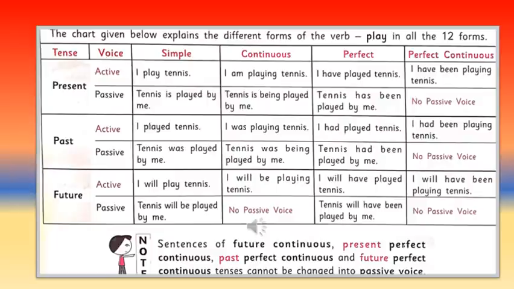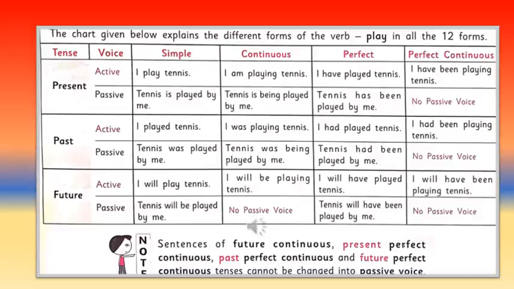Okay, to understand the tense in a better and suitable way, we will have to use it with all the three persons, both singular and plural, in all the tenses. Then only you will be able to understand the differences. Okay, here the first one is I play tennis. When it is coming to the passive voice, you can say tennis is played by me.